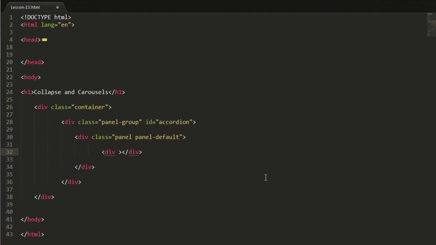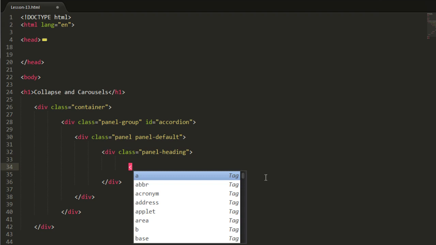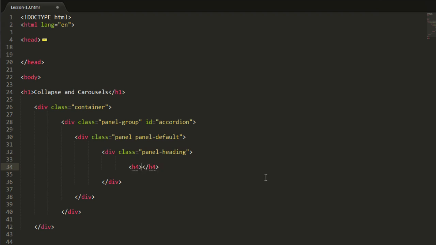And now let's create another one with a class panel-heading. Okay, this will be the header. Now inside the header, let's create an h4 with a class panel-title,